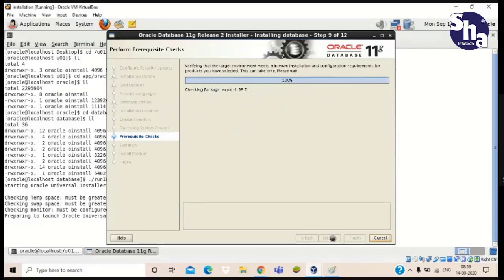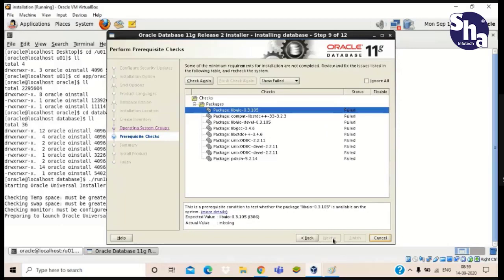Now in this step you will see that there are some packages which failed to install. Okay, you can see here, but if we remember step number four of the prerequisite, yes sir, this is the thing here. If we run that prerequisite, then fewer packages fail here.